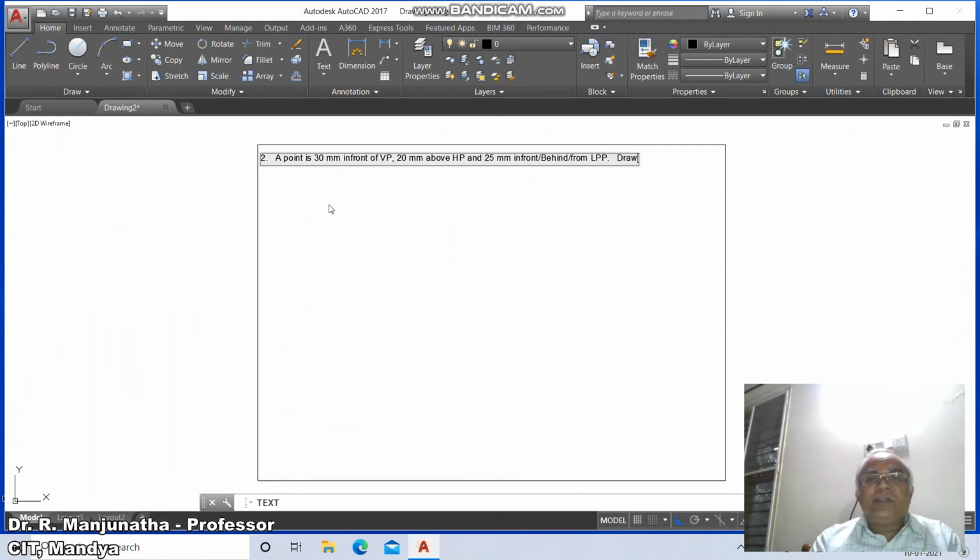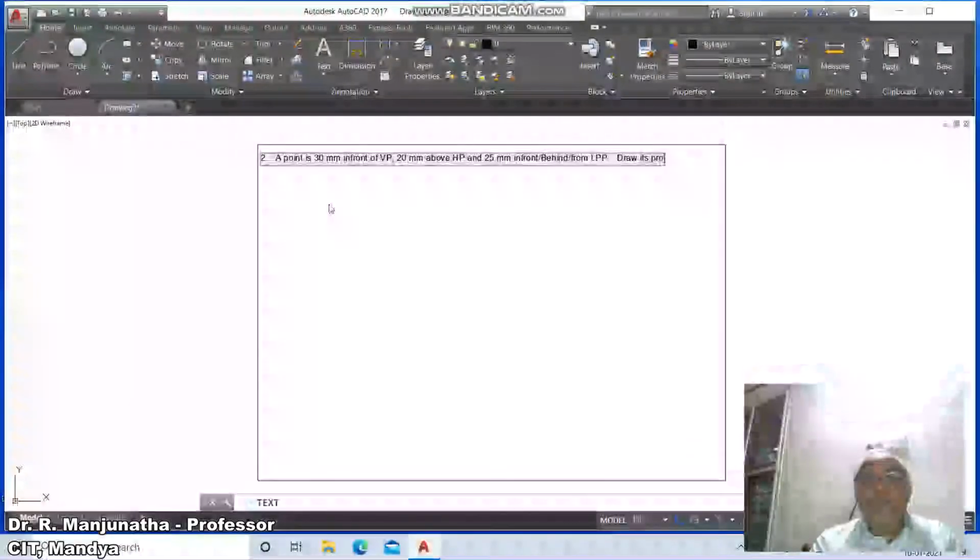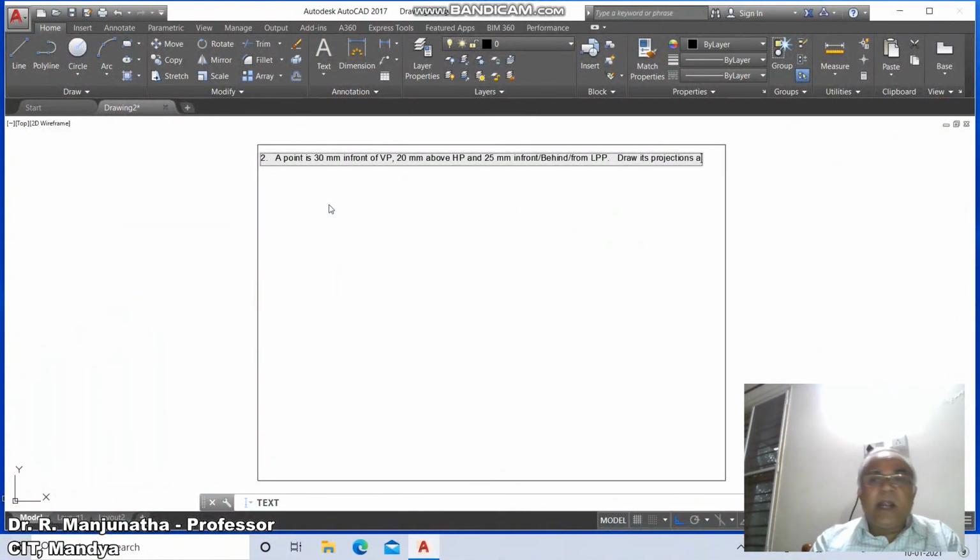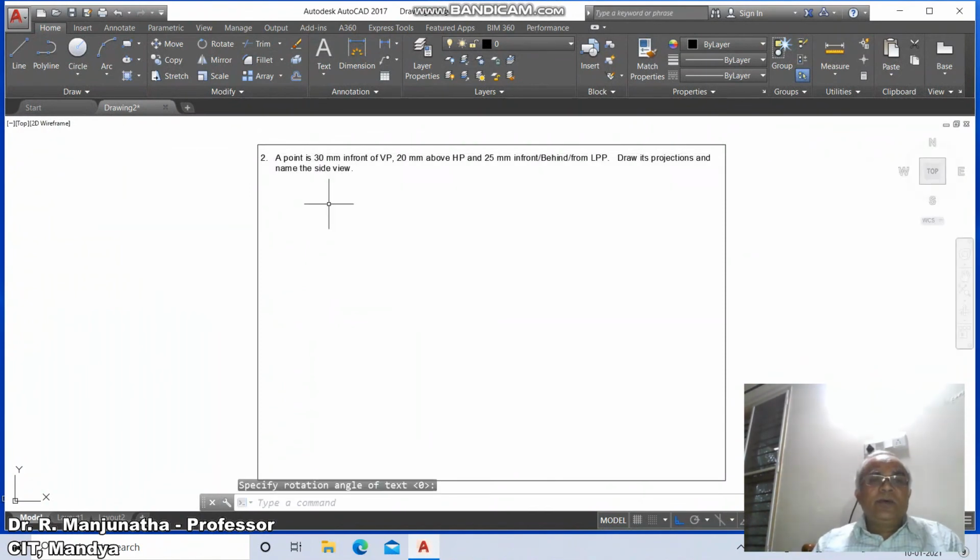Draw its projections and name the side view. And then press enter. Again you just give a null return so that it will cancel the dtext command. Now we have typed the problem.